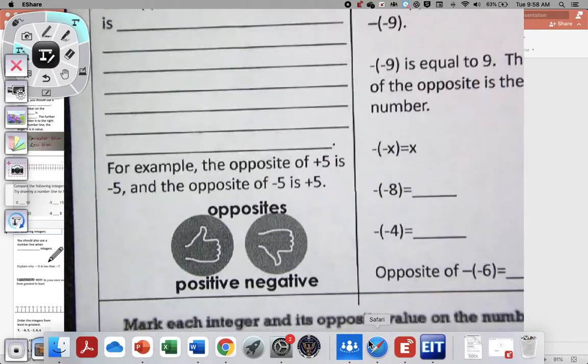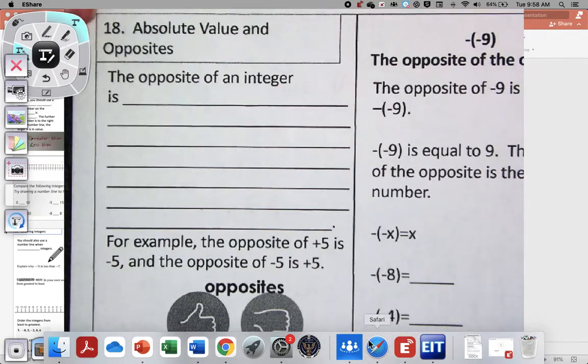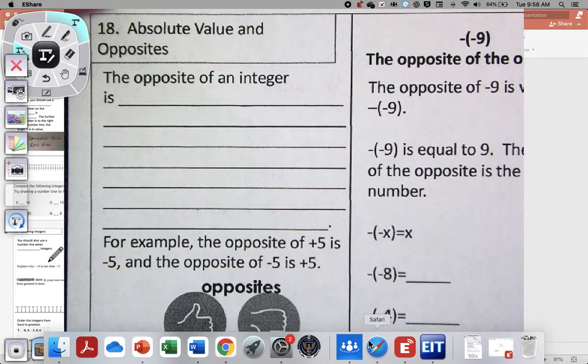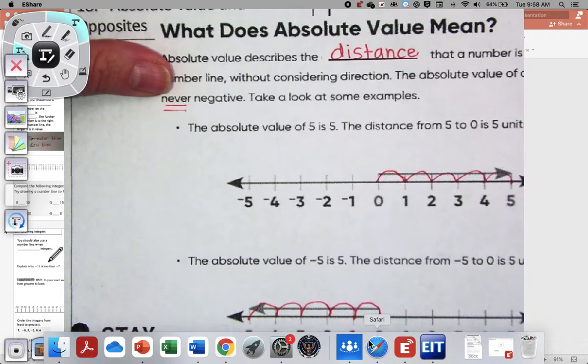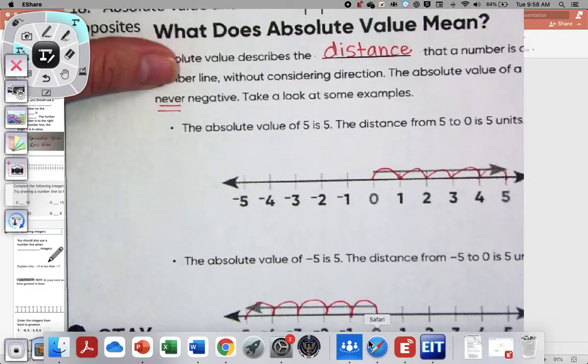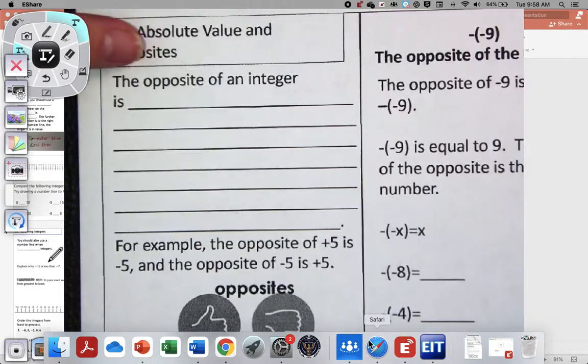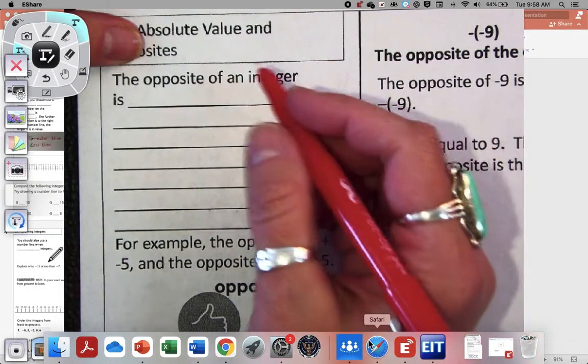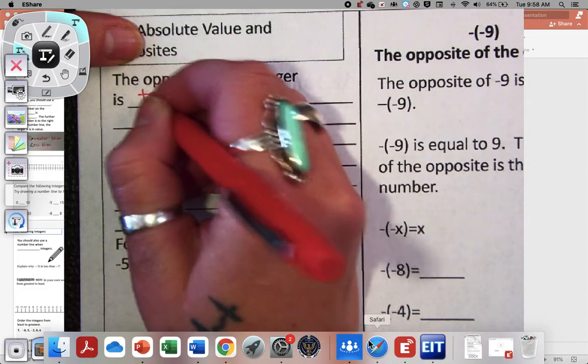Okay, let's look at opposites. Opposite and absolute value are not the same. We're not talking about opposites when we're talking about absolute value. We're talking about distance here. So the absolute value of an integer is the